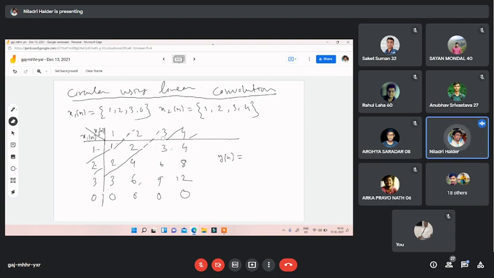Means each diagonal you have to take. So in the first diagonal only 1 you have, in the second diagonal these 2 you have, in the third diagonal 3 4 3 you will have. In the fourth diagonal 0, 6, 6, 4 you will have. In the fifth diagonal 8, 9, 0 you will have. In the sixth diagonal 12, 0 you will have, and finally 0 you will have. So put all the values in the correct position, so you will understand how to get the diagonals. And just do the addition along the diagonals.